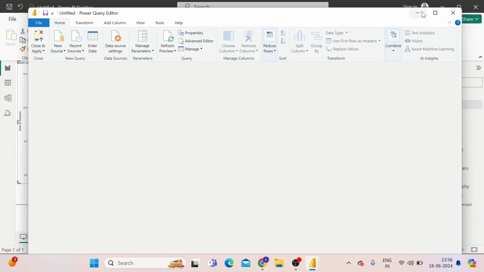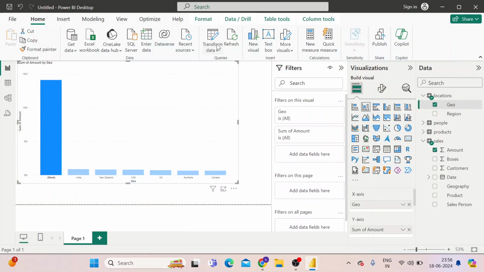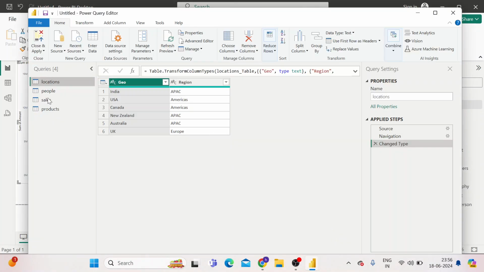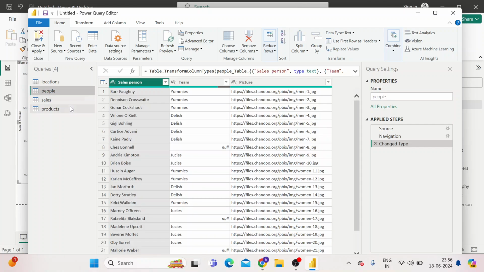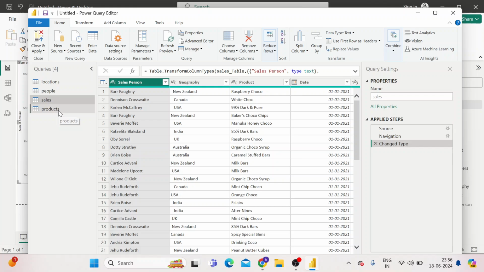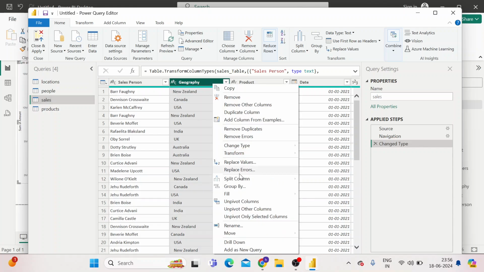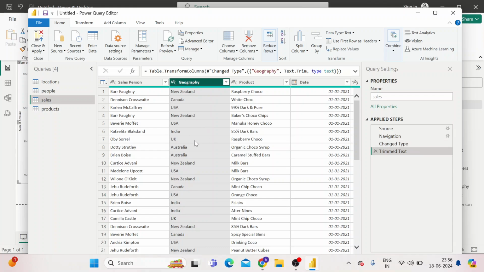If I click on transform, you will see that this brings up another window and we will be able to locate where it is. We got some blanks on region. So this is the geography, and here I'm trying to transform the data. Here I'm clicking trim so that we will get some enhanced version of it,